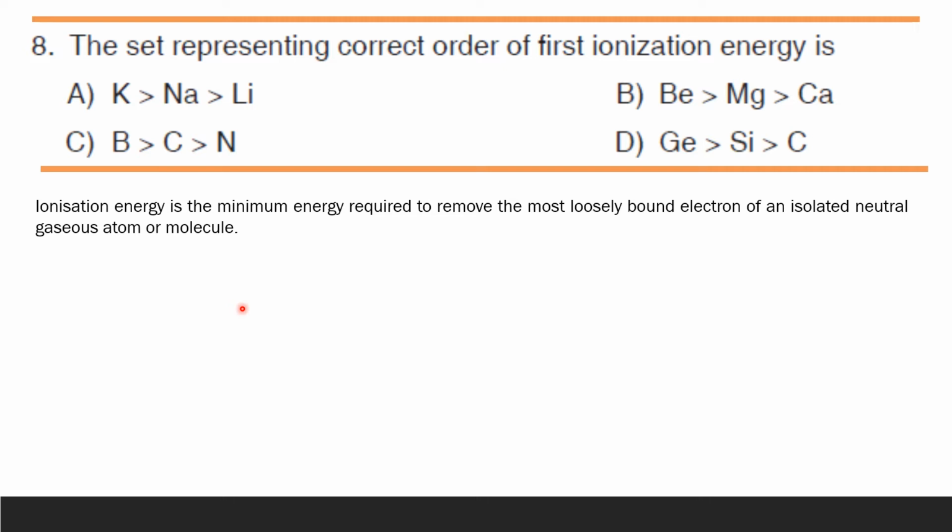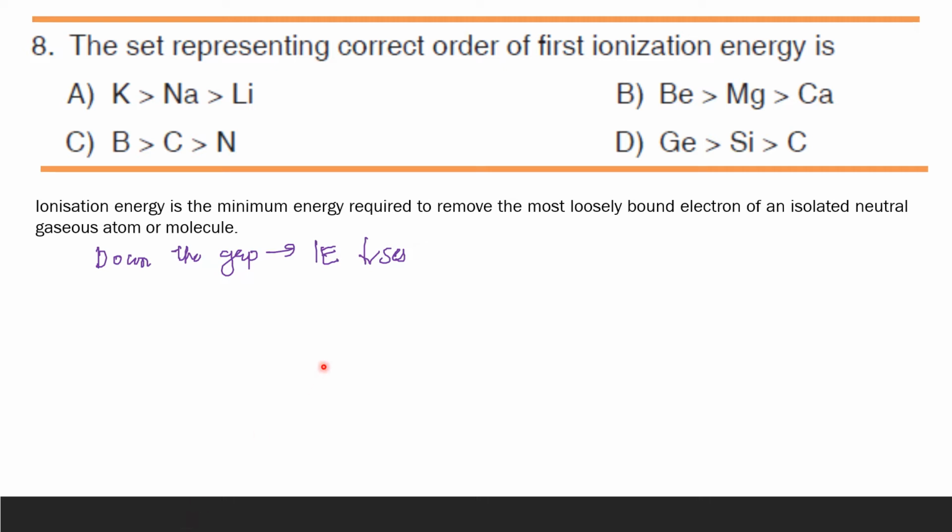So when you move down the group, it is normally seen that the ionization energy is found to decrease. So we'll just write down: down the group, ionization energy decreases. And this is because when you move down the group, it is seen that the size of